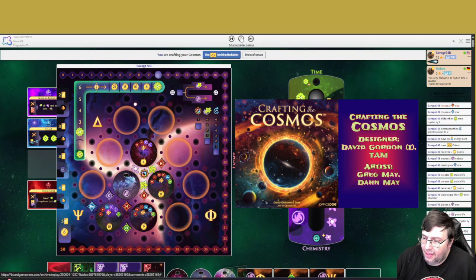Okay, I moved the helium star down. Okay. Put a carbon here. Finished off this one. Move the helium down here, right? So I can use it again. And I moved the hydrogen star. So